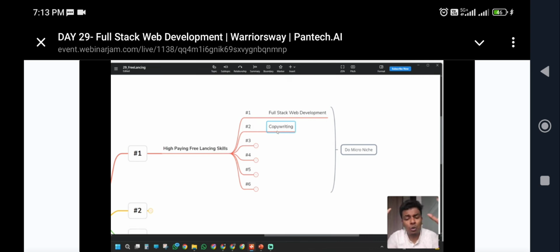Just imagine there are two dental clinic websites. On one dental clinic website, they have written "Book an appointment" on the button. Some people will click, some people won't click. And another website has "Book an appointment and get free medicine on your first visit". Because if it is a dental clinic, they will definitely ask you to come again and again. So that is what copywriting is. Instead of just calling the call to action button "Book an appointment", if you have written "Book an appointment for free and take your first medicine for free",